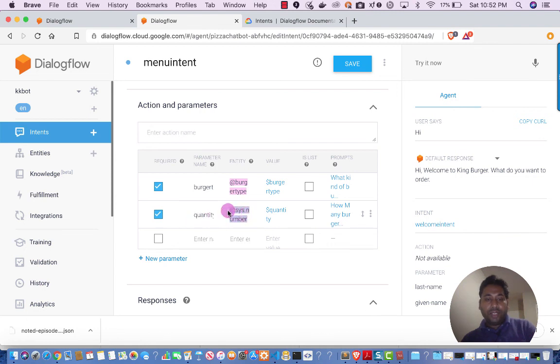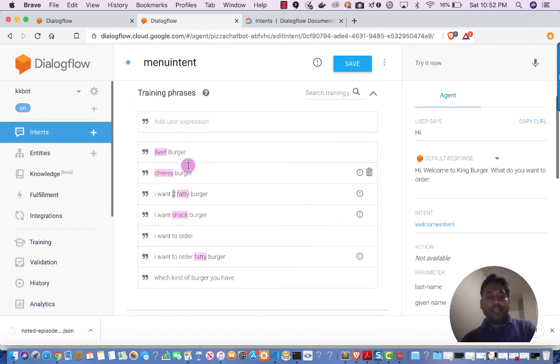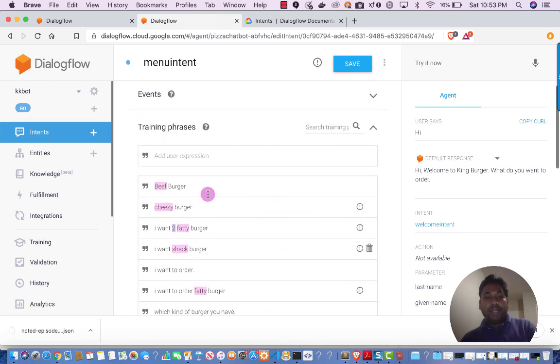So Dialogflow has to get these two required parameters, and then I have specified the prompts. So if someone says I want to order, and it's not telling me what kind of burger I want or how many burgers I want, because I have made these required parameters, I want them to give me the burger type. So I have created two prompts: which burger you want, and what kind of burger you want.